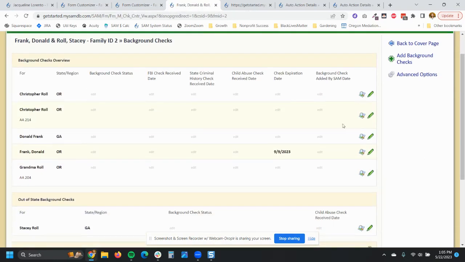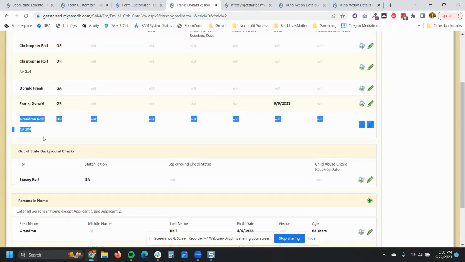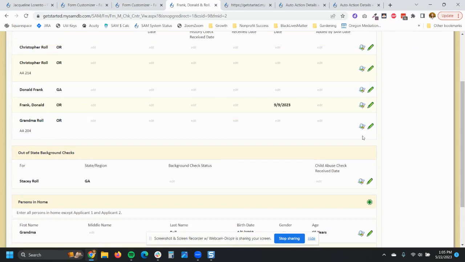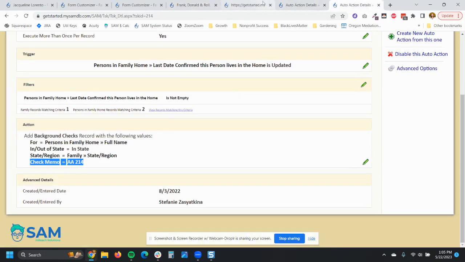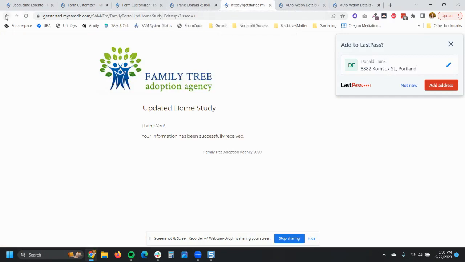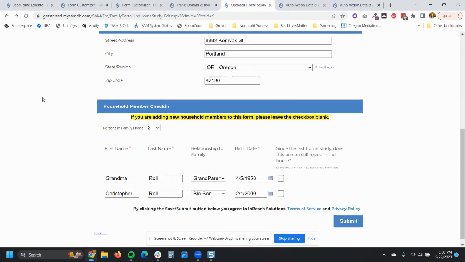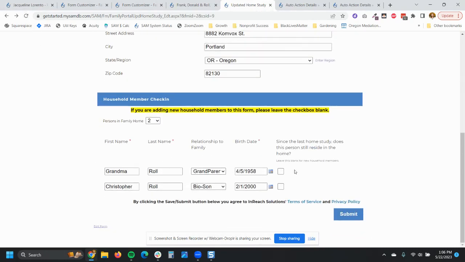On the background checks here, I've got the new auto action and one for grandma added as well. And you can see the persons at home. So these are being added just from our work of creating a new background check record, right? These two auto actions are working in tandem. If the family were to come back a year later, you can see that because this is now equal to no,